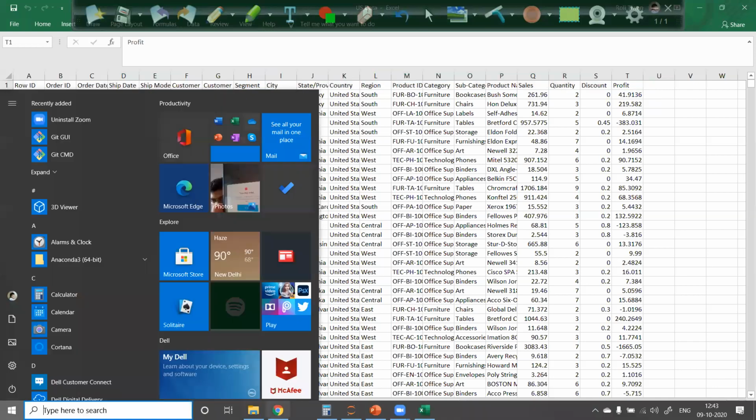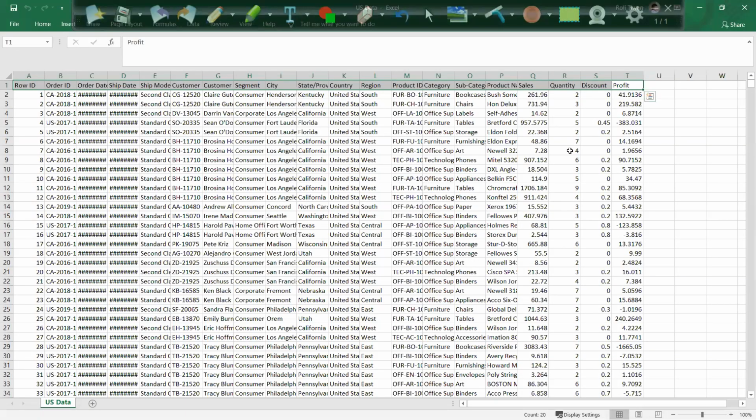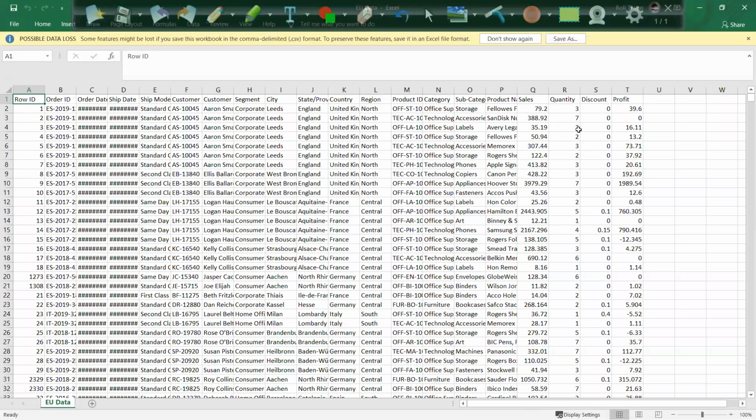I am giving you one more dummy data, which is for European Union data, and that data will also have the same structure. You can see there are 20 columns only. All the column names will be the same. The only difference is the country and state, obviously, and city, obviously. These are the regions which are from Europe.